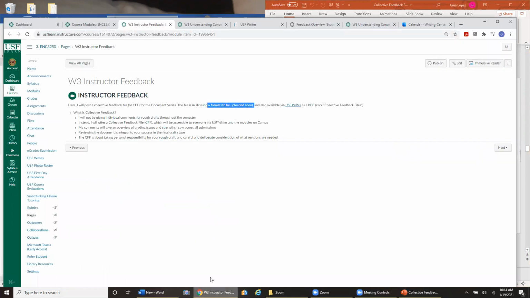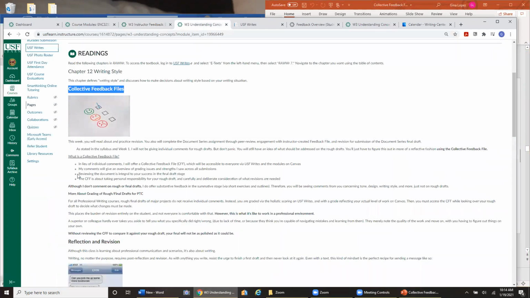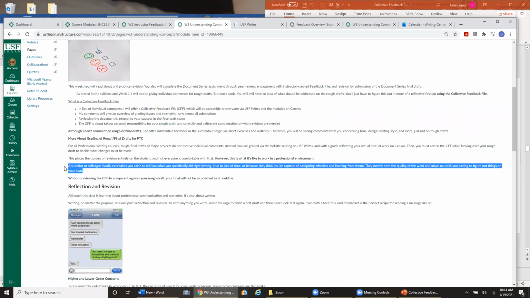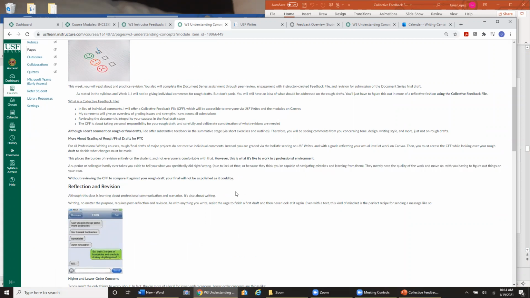And let's go back to understanding concepts here. So the collective feedback file is going to help you with your final draft. And it's hard for some students to grasp why they're not getting text-based feedback in a writing course, but this is a